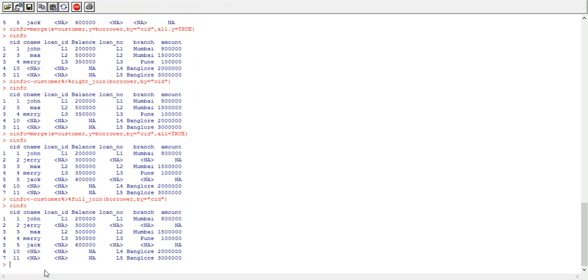First is semi join. So semi join operation is same as that of inner join operation. So you can either use inner join keyword or we can use semi join keyword. Okay.